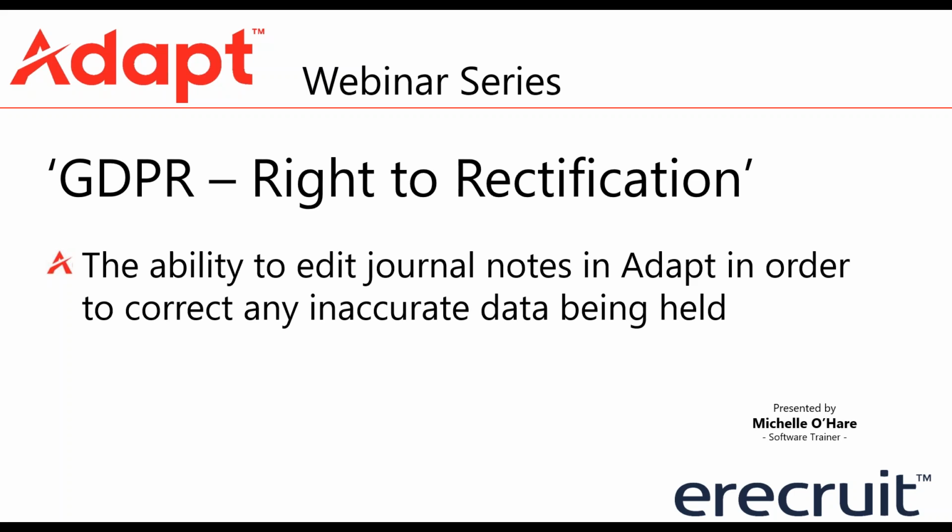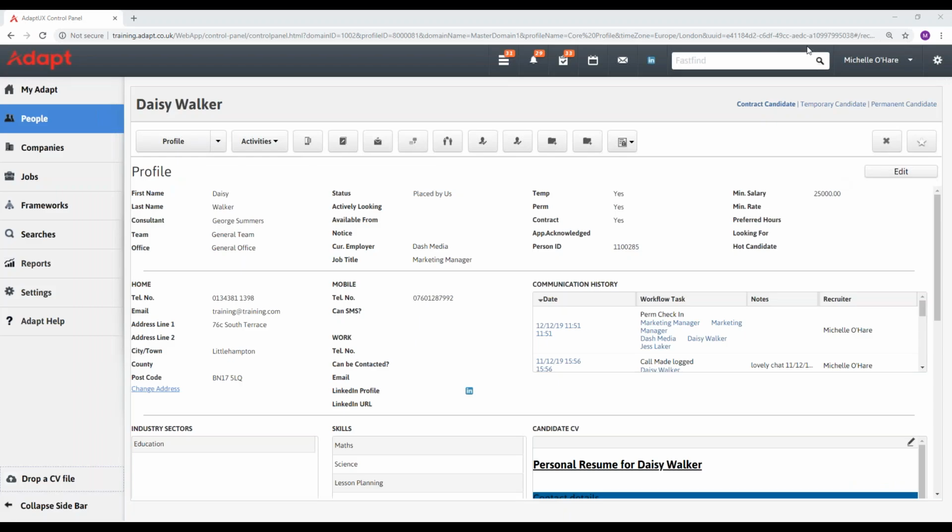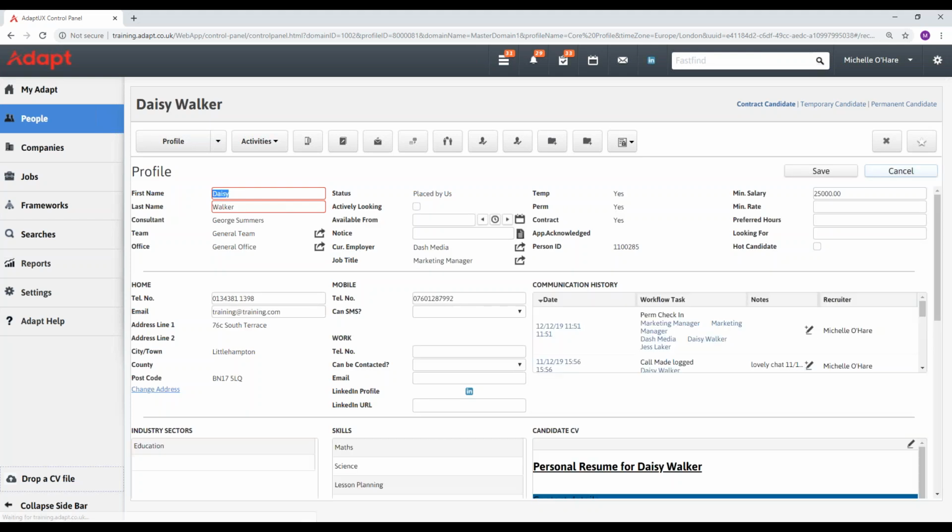So we're going to take a look in Adapt at what you can do to edit and correct data. If you're new in Adapt, you may not already know that in all of the records in the system, you can go and edit data. We can see information on a person, personal data here. You've got an edit button where you can go and change the actual data on the person